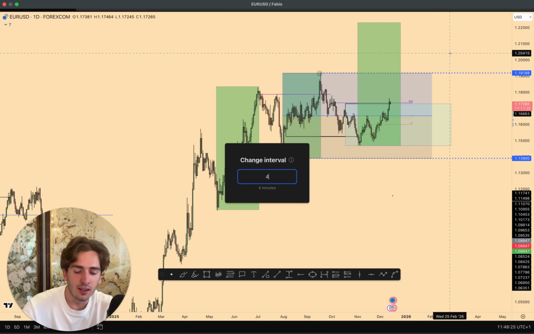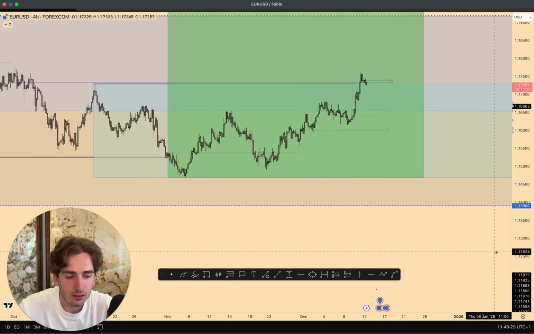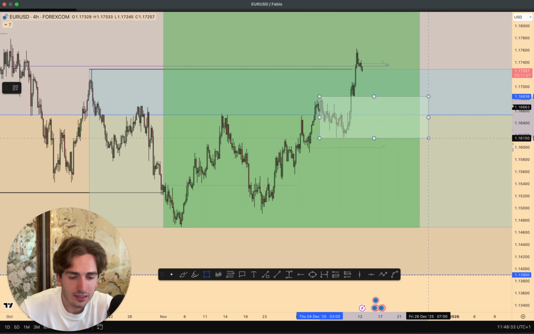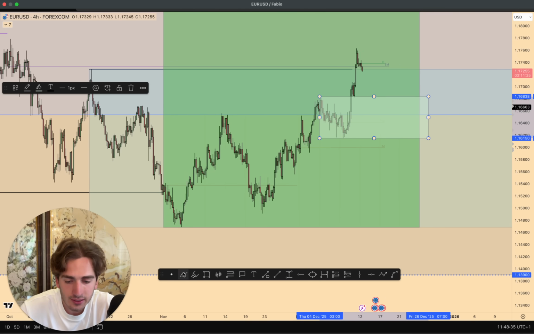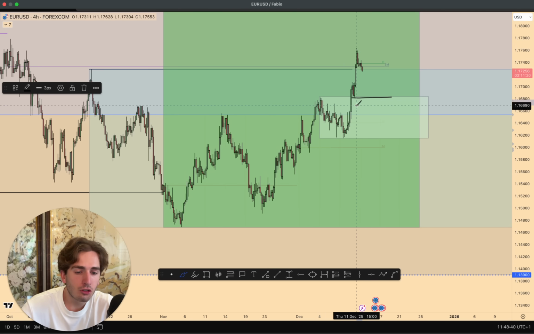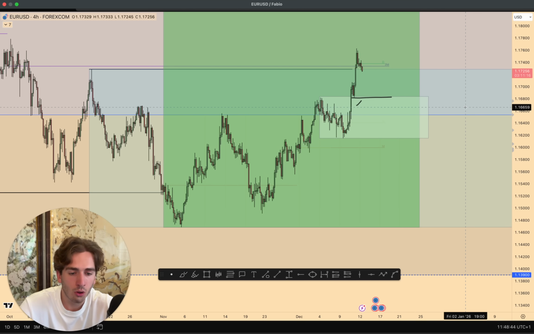Looking at the 4-hour time frame, what we can now see is that the demand zone from where we preferably would want to be going long is situated over here, this sell down before the buy up. We have a little bump in the road here, which should act as an area of liquidity, and from there I'll be looking for potential further longs.